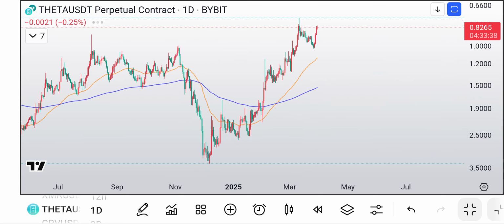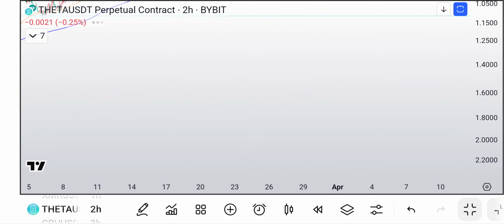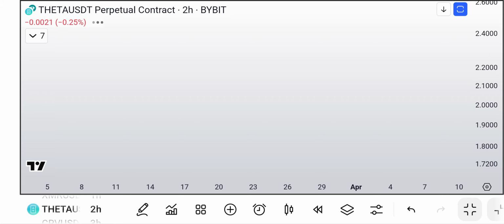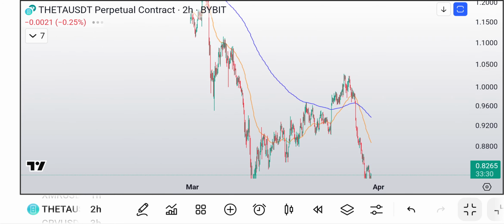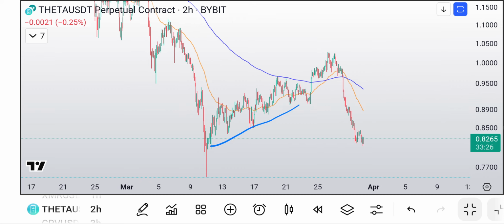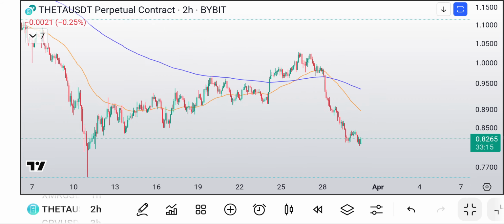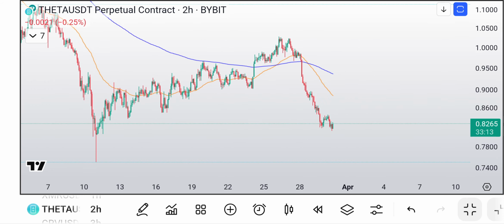You can look at Theta right over here. Remember when we were looking at the small time frames? Where's it at? Right here. Same kind of channel. You see this? Remember we were talking about it? Look how long we were channeling up, up, up. And then what happened? We had a big fat breakdown. Got all the way back to the top. Theta actually looks pretty bullish right here, or at least for a little bounce.